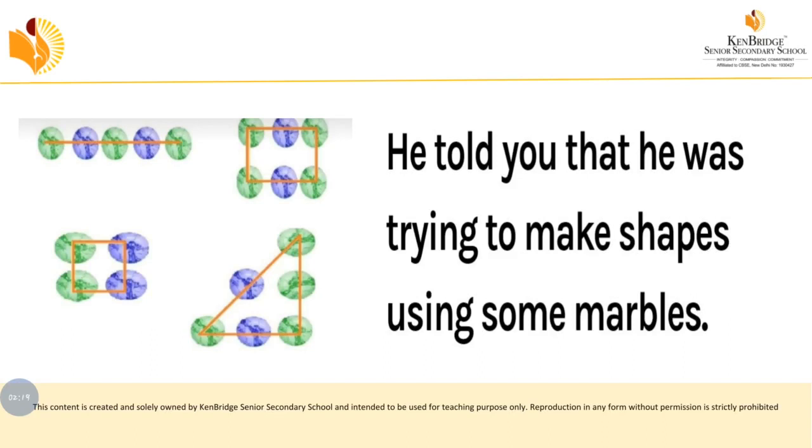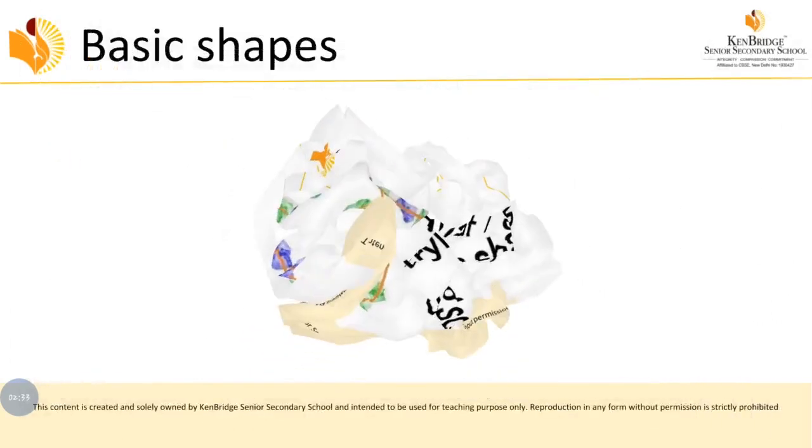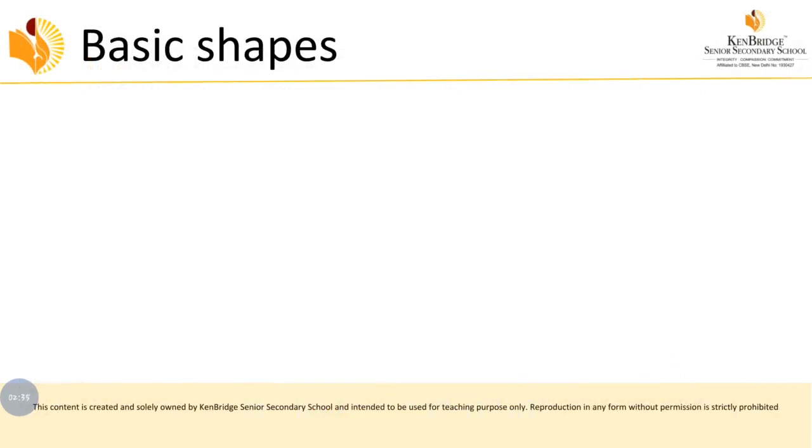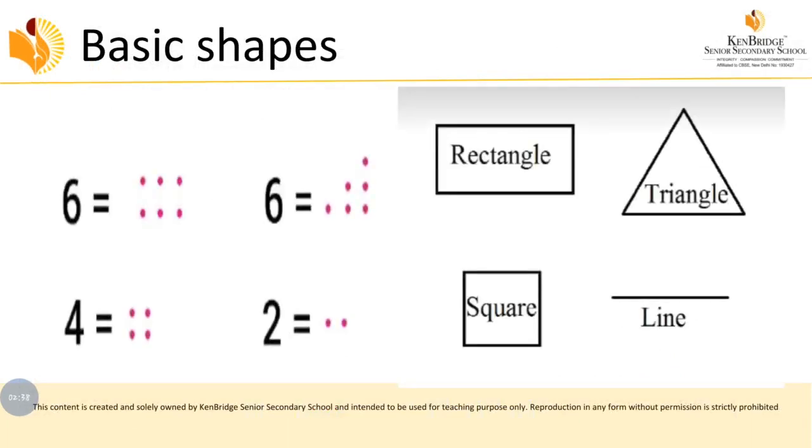So students, this is a very interesting thing, as these patterns can be used to represent numbers in different forms. So let's discuss patterns in whole numbers. Now we have some basic shapes. These are the shapes that can be formed by using the numbers. For example, if it is 6 you can represent it as a rectangle. This is the rectangle shape, right? So these are the basic shapes, that is rectangle, triangle, square and line. You can show your number as a shape.